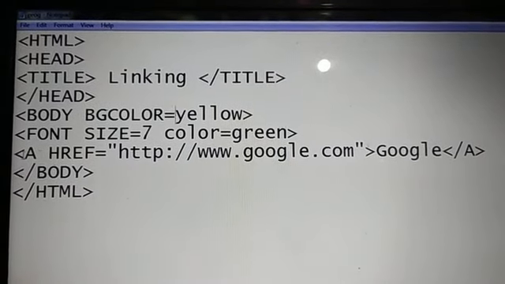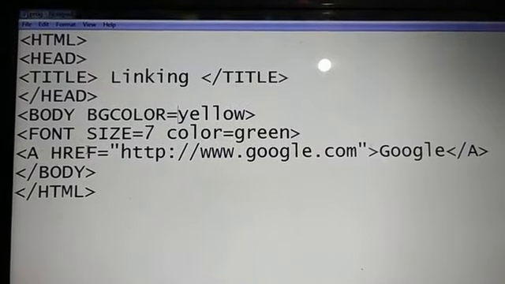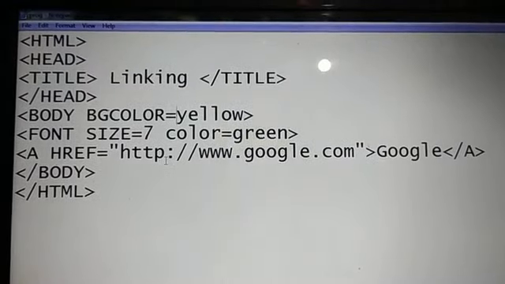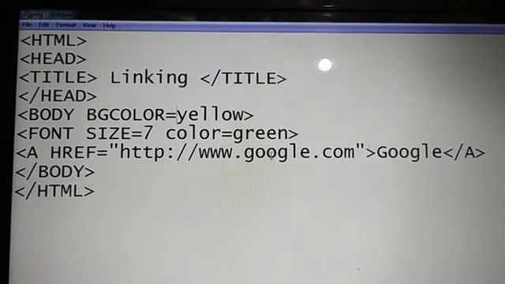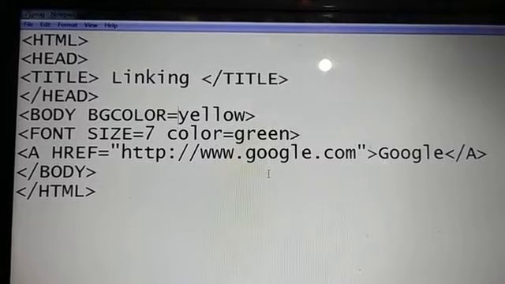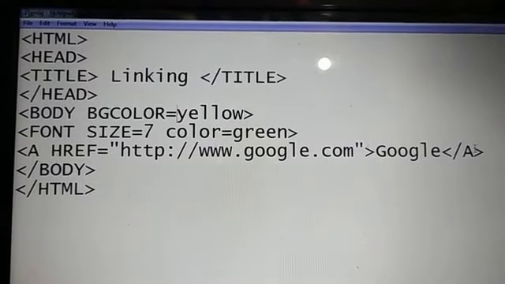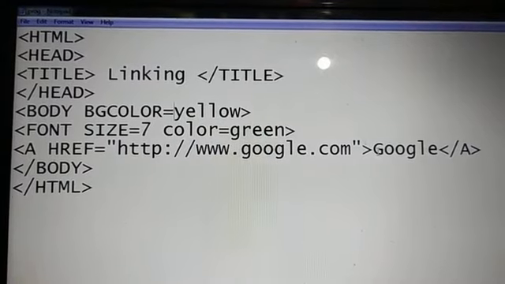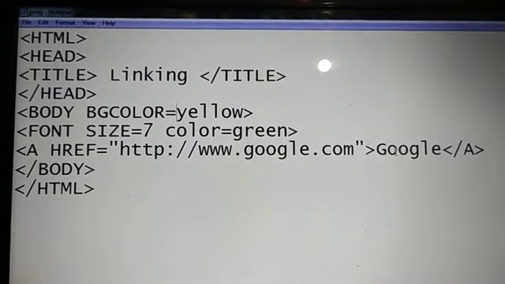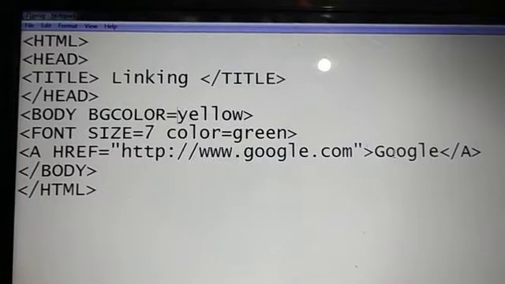Then this is the simple a anchor tag, then href its attribute. Here I have given the link of the website google.com, and then I have written Google and then closed. It is not compulsory to write Google. If you want to write anything else, you can, and then close.